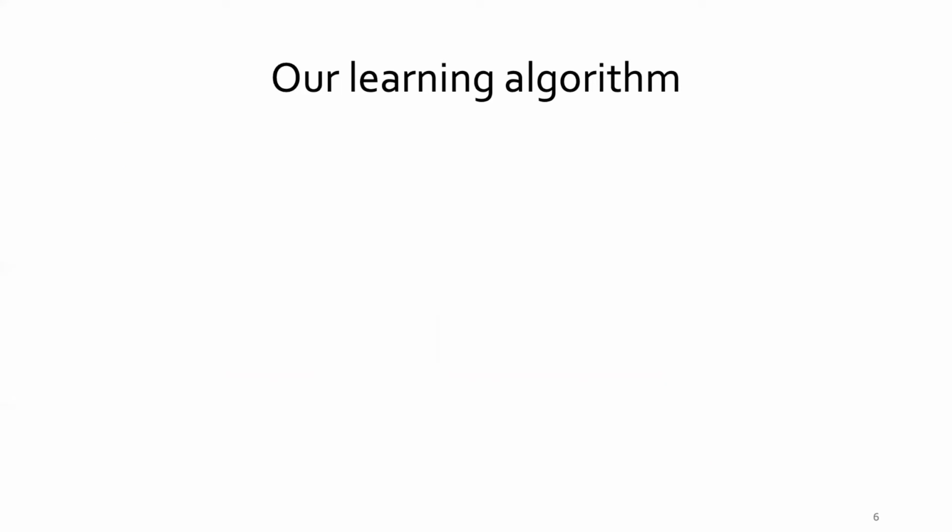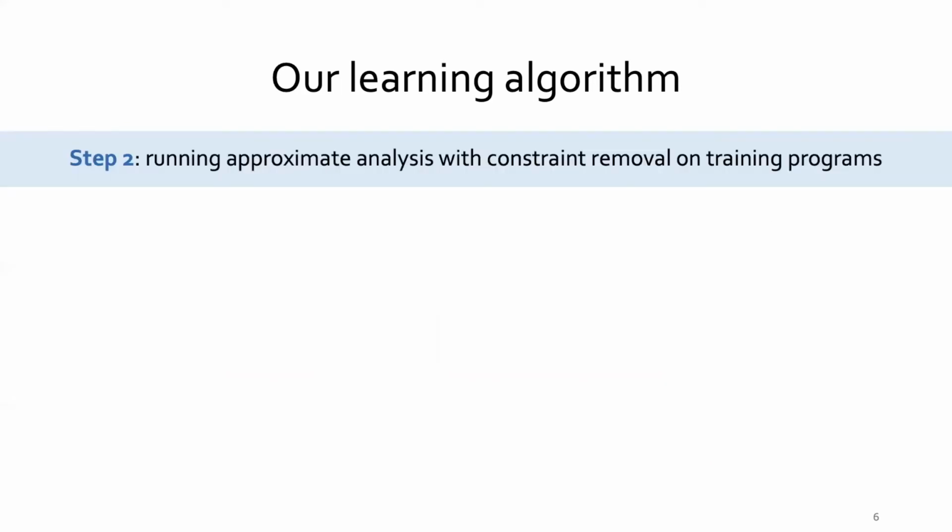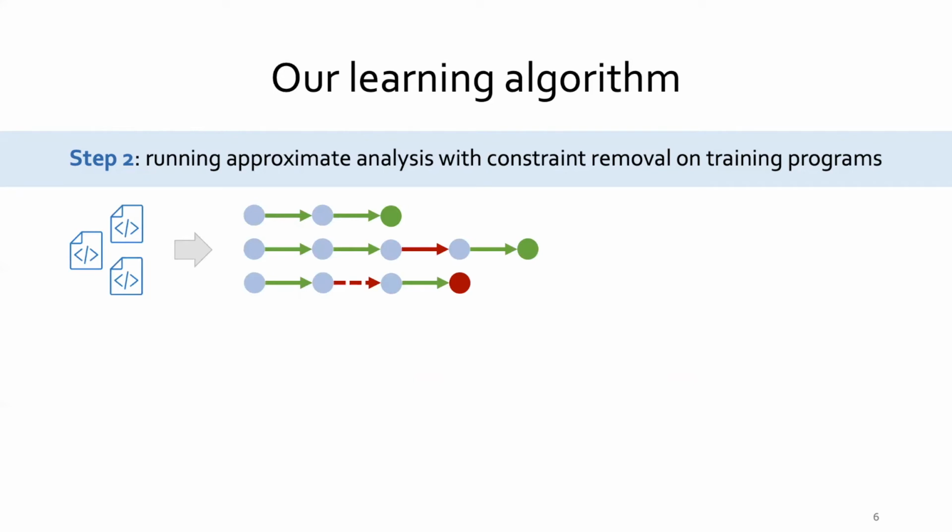In step 2, we run approximate analysis with constraint removal on training programs. In the example, we approximate twice, marked with red arrows. Then we compare the precision of the inferred invariants between the precise analysis and the approximate analysis. For example, the solid approximation does not affect the precision of the invariants, but the dashed one makes the result